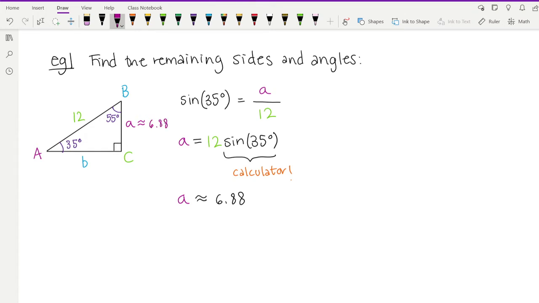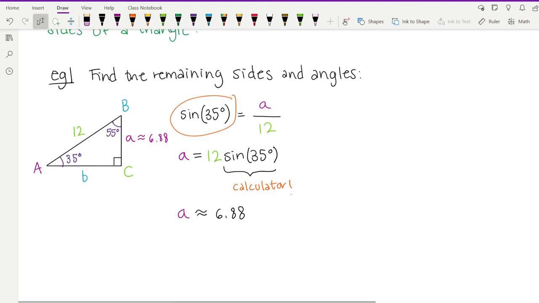Now we know that. And by the way, if you're using a calculator for this, which you kind of have to, I would highly recommend that you do it all at the end. And what I mean by that is it's tempting, I think, to at this stage type sine of 35 into a calculator, get some decimal approximation and then multiply that by 12. And what can happen with that is the earlier in the process you round. So if you're doing a math problem, not even just with trig, with any kind of math problem,